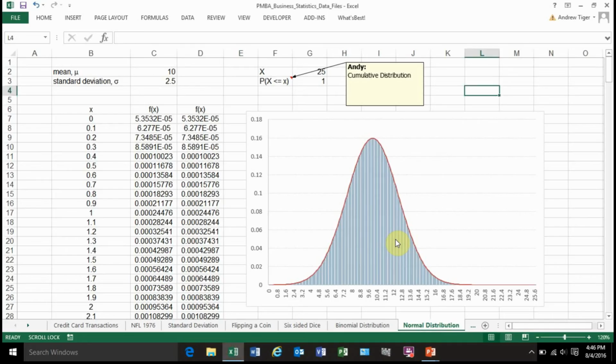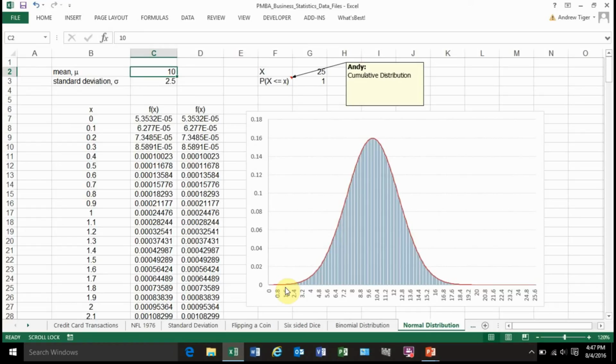I've set up a normal distribution over here in Excel. So this is the bell curve, and if you notice what happens, it's centered at the middle, so the mean is 10. The top of this is centered. It is a symmetrical distribution. If you would fold it in half on the mean, it would look the same on one side or the other. Even though it's hard to tell, these tails never actually touch the horizontal axis. The value gets closer and closer to zero as you move either way, but it never actually touches the